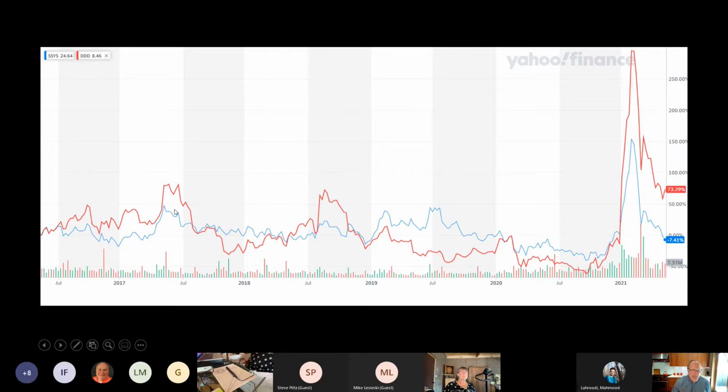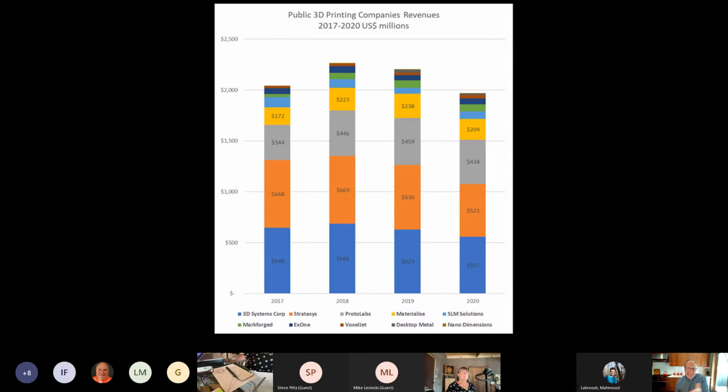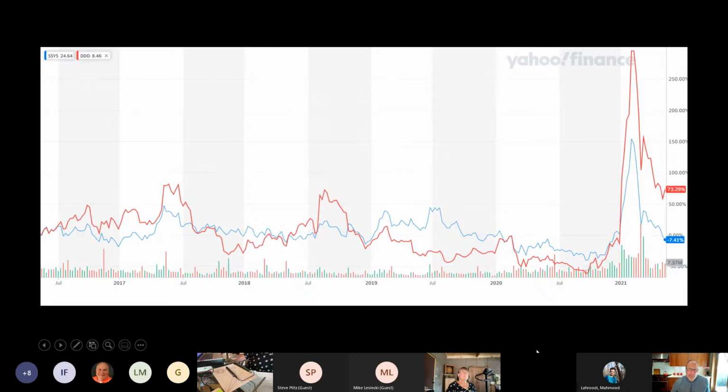Growth in 2018 was pretty good. Stocks kind of did well. They were up nicely. However, 2018, 2019, remember those numbers? I'll go back to them right here. Remember those numbers? 19 was weak, even pre-pandemic. You can kind of see that in the share price. These stocks were either flat with where they had been or even down from where they had been. And then, of course, in 2020, it became clear that 3D printing, additive manufacturing revenues were falling, at least in the first half of the year. You can see that both of them ended up being down fairly significantly from where they had been back in